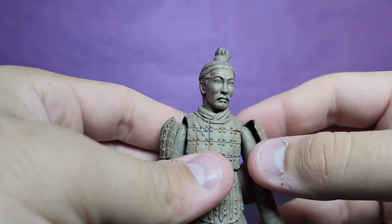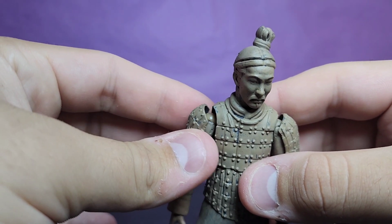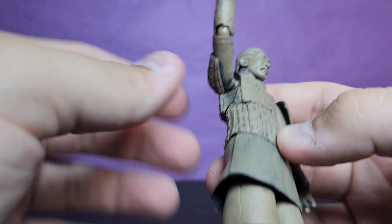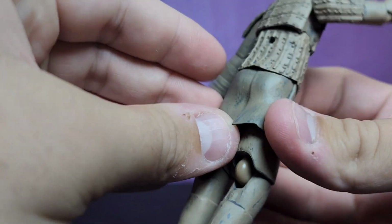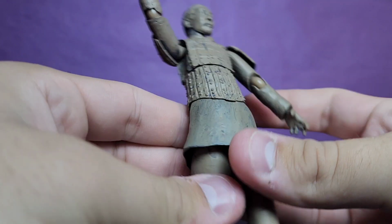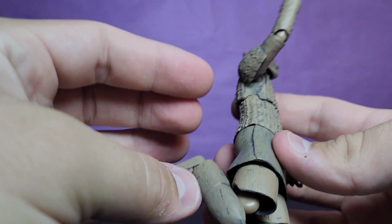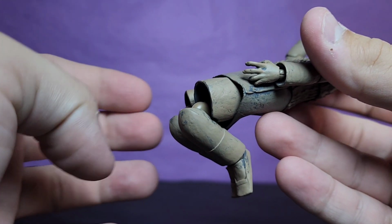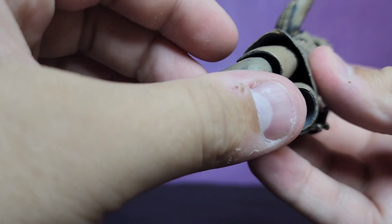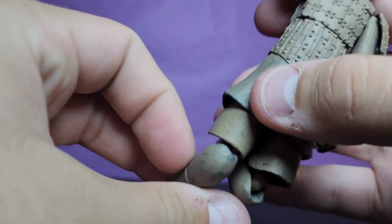These armor plates on the shoulder pad move. Mine kind of don't on this side, and I don't want to test it. I think the only problem is this skirt piece is very hard, and there's no cut in it. So he can't really move his legs too much. And that is probably one of the ugliest joints I have ever seen. The goal is that these are supposed to pop out at the top of the joint, not the bottom of the joint,